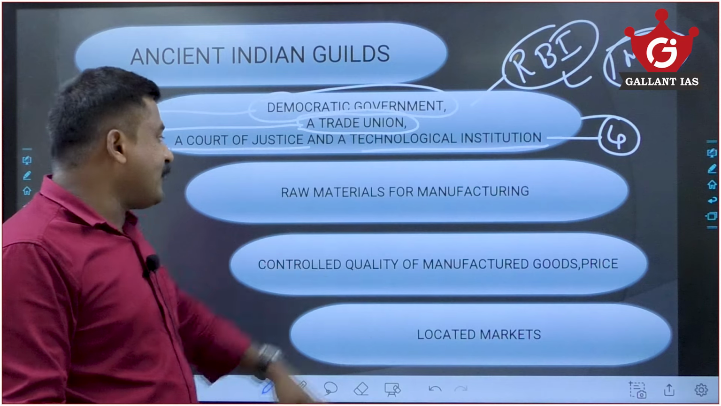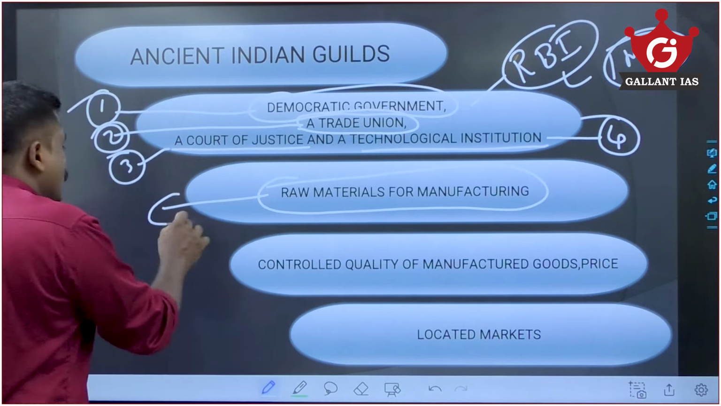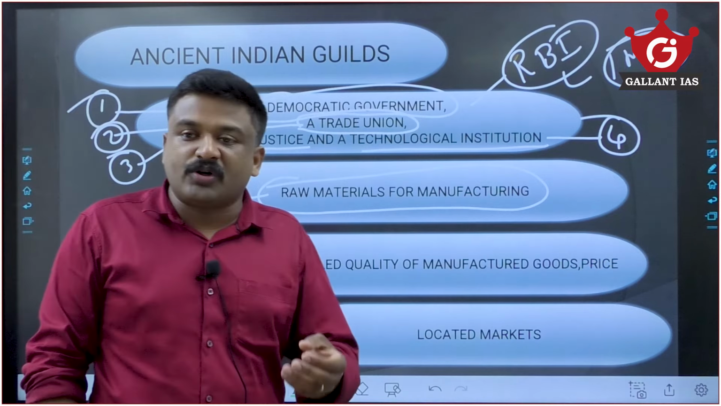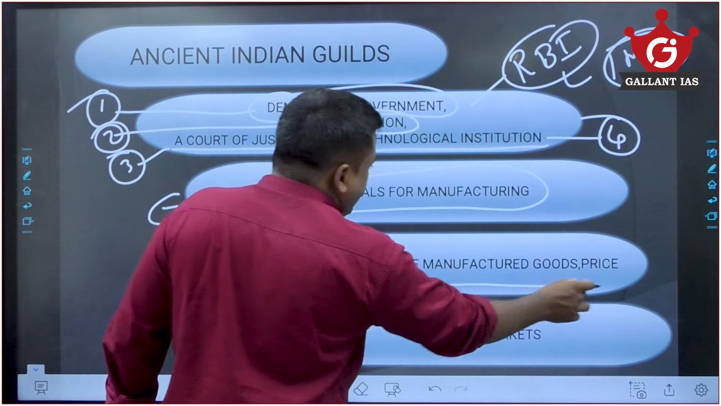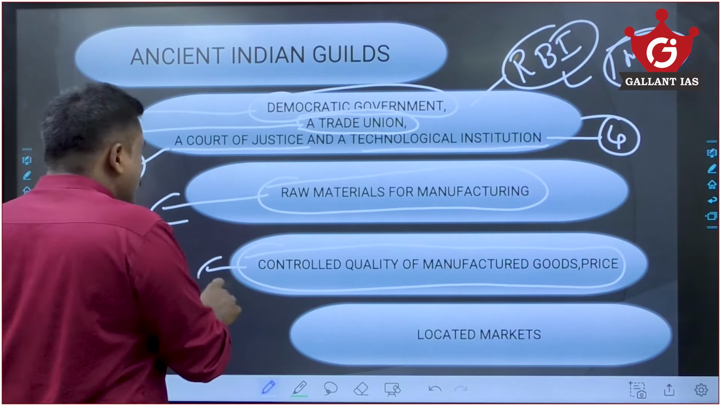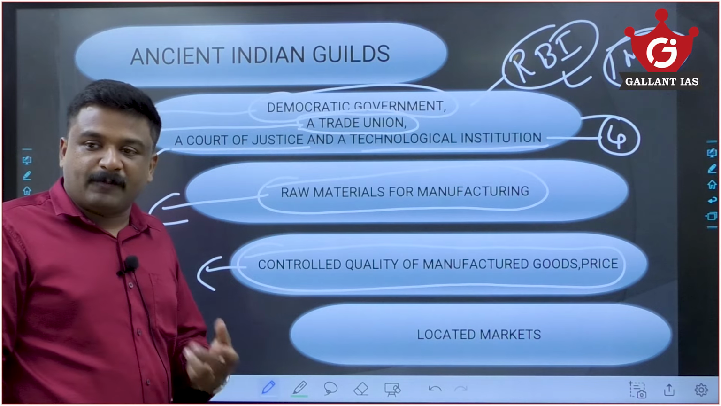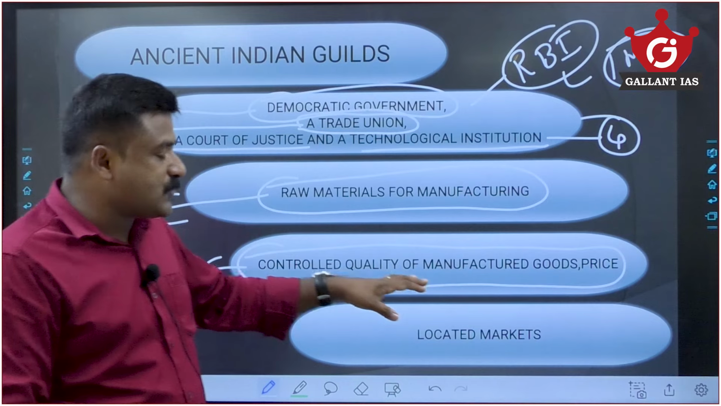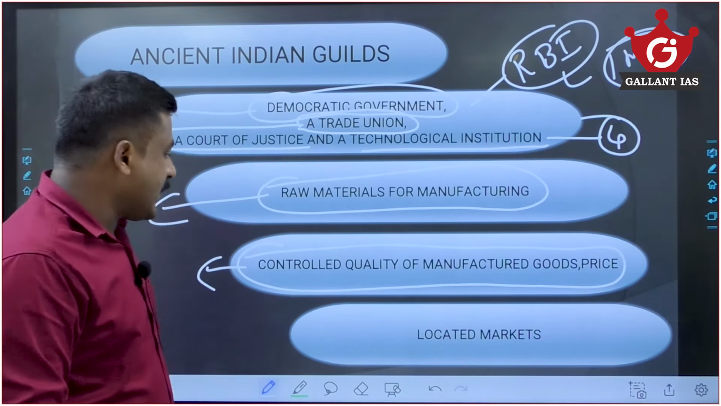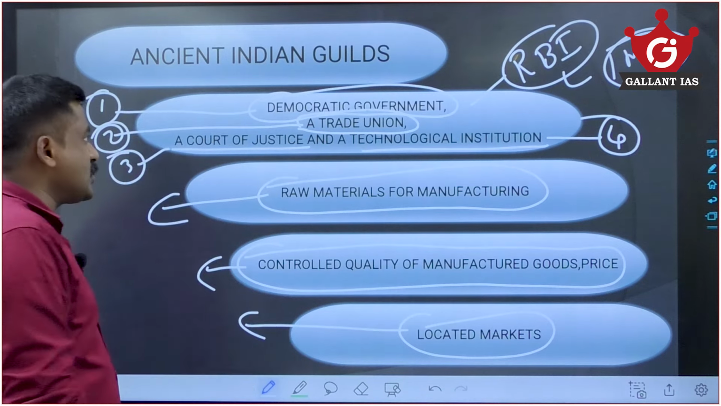Raw materials for manufacturing, they fixed the quality of the raw material for manufacturing. They assessed the quality of the raw material. They controlled the quality of manufactured goods and prices. Fixing the prices, checking inflation, checking hyperinflation, fixing the prices of these raw materials, the prices of the finished products, and the taxes, and even locating markets. These are different functions played by,